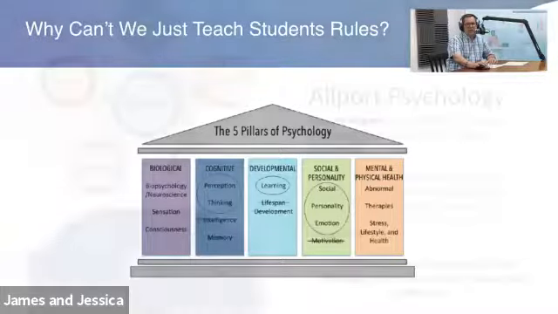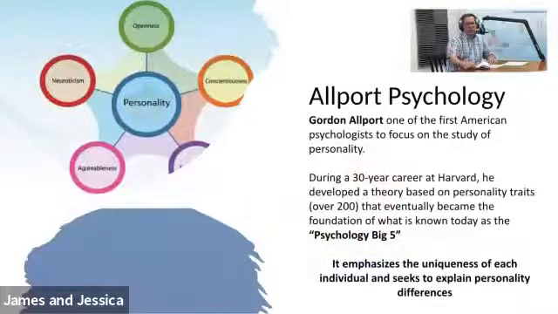And once you understand that it's not random, and this goes back to something that's really critically important, which is the psychology big five, or the five factor model of personality theory. So what we did is we took the work of Gordon Allport, and many of you as educators would be very familiar with personality theory. And it's a very stable part of developmental and social psychology.